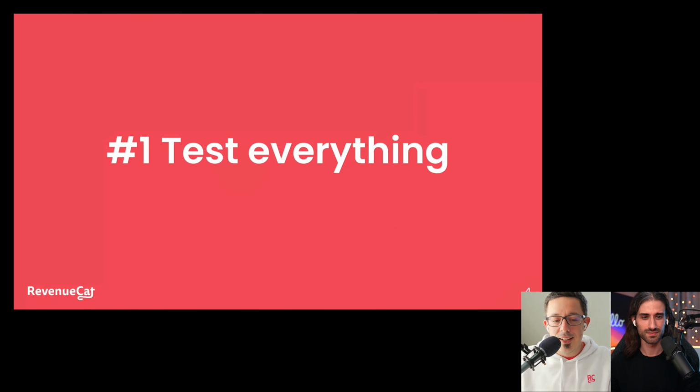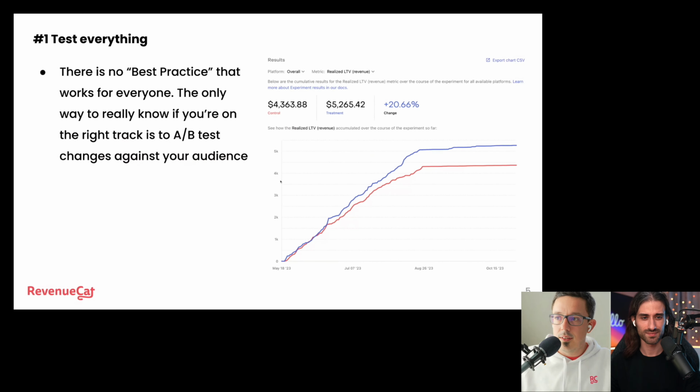But I think with paywalls, you can't not think about it as a piece of your funnel, which means you really do need to be testing what works and what doesn't. And as you already alluded to, there are no best practices that are going to work for every app. This applies not just because a health and fitness app is going to be different from a photo app, but also because your competitors are probably going to behave totally differently, since most likely you have a different cohort of users that behave differently.